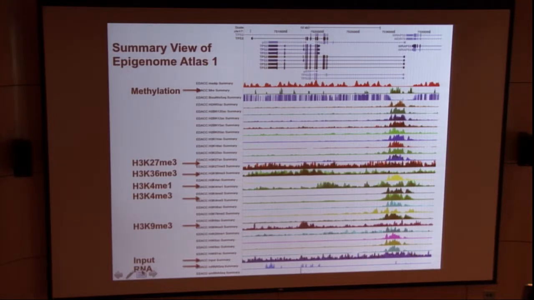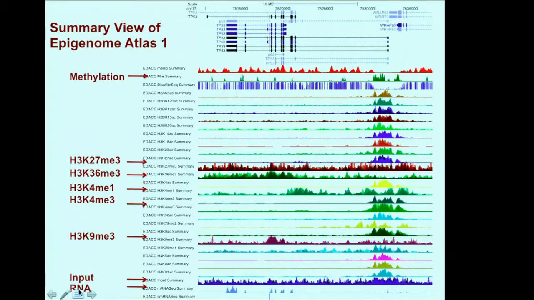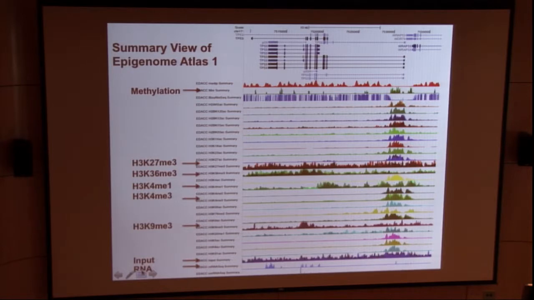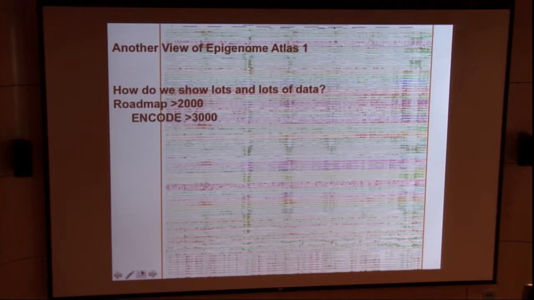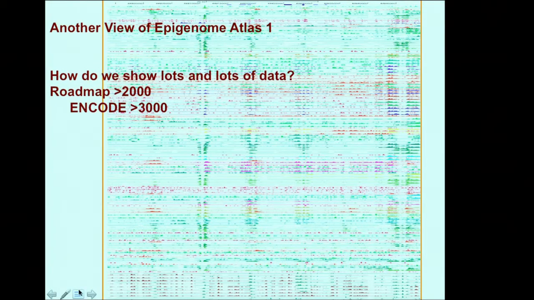And then this is actually using some of the more advanced visual technology by overlapping multiple tracks in the same track space so that we can compress the data. So basically, if you look at H3K4 monomethylation, this enhancer track, we can actually put multiple data in one space. So this is this rainbow display. So it's already getting pretty complicated, and this is another way of looking at the data on the UCSC genome browser.